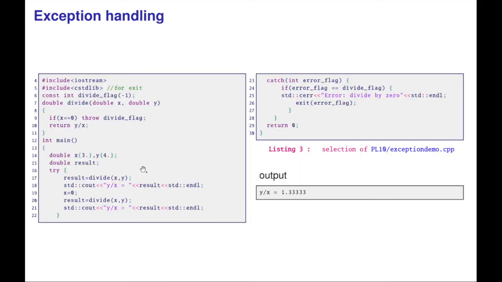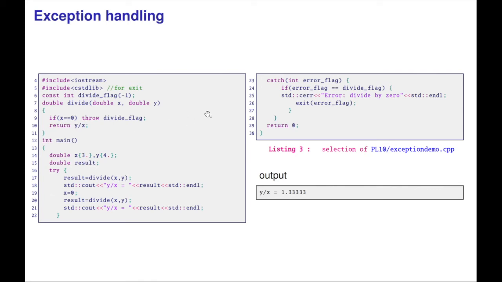So look at an example over here. I've got a function divide, which divides two numbers. But I want to protect it against x equals 0. So I calculate y over x. So clearly dividing by 0 is not a good idea. I've got a divide flag over here. Then I've defined two integers. I do this thing, and of course that will be perfectly fine. Now I reset x to 0. And if I then divide x by y again, I should hopefully get an error message.